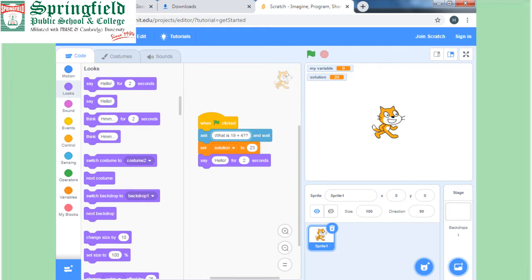Outputs mean that we will show the output, whatever input we are giving. The computer will perform the operation and give us the output on the screen. How will the output be shown? There is the Looks button, the purple dot. When we press it, a block of code will be displayed in front of us.